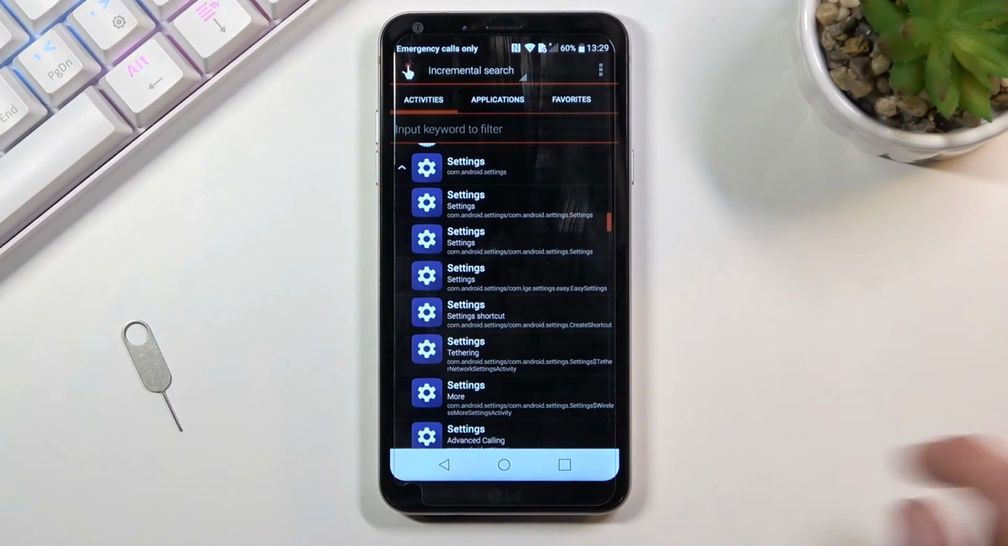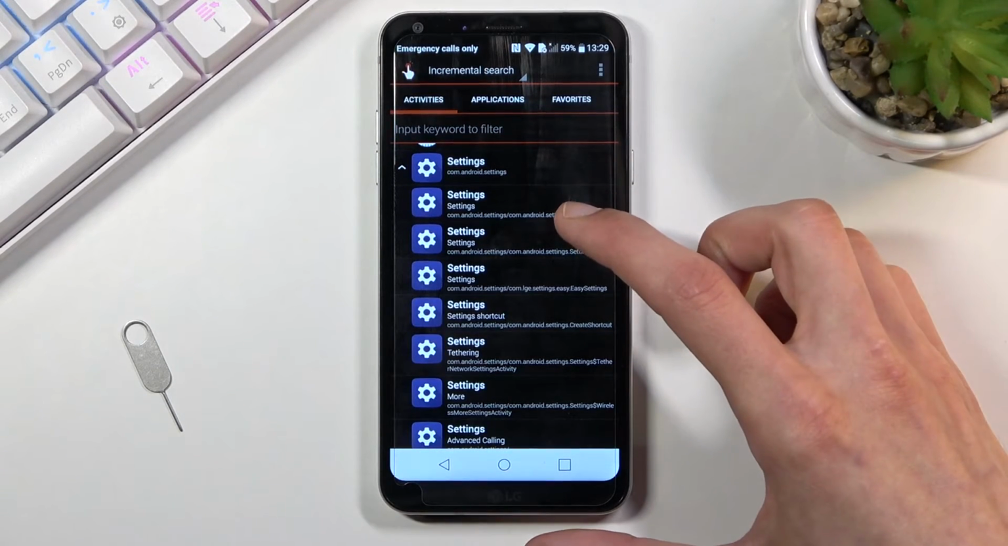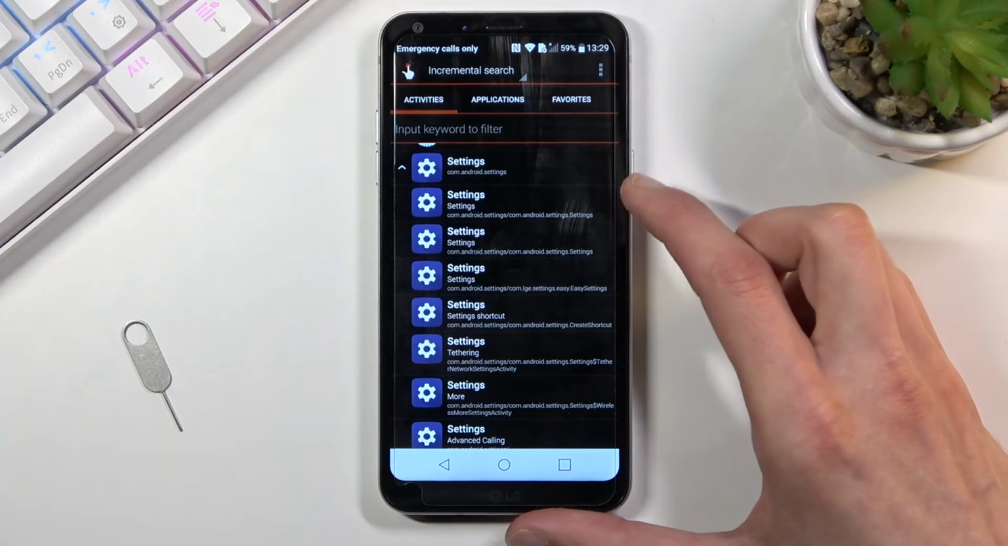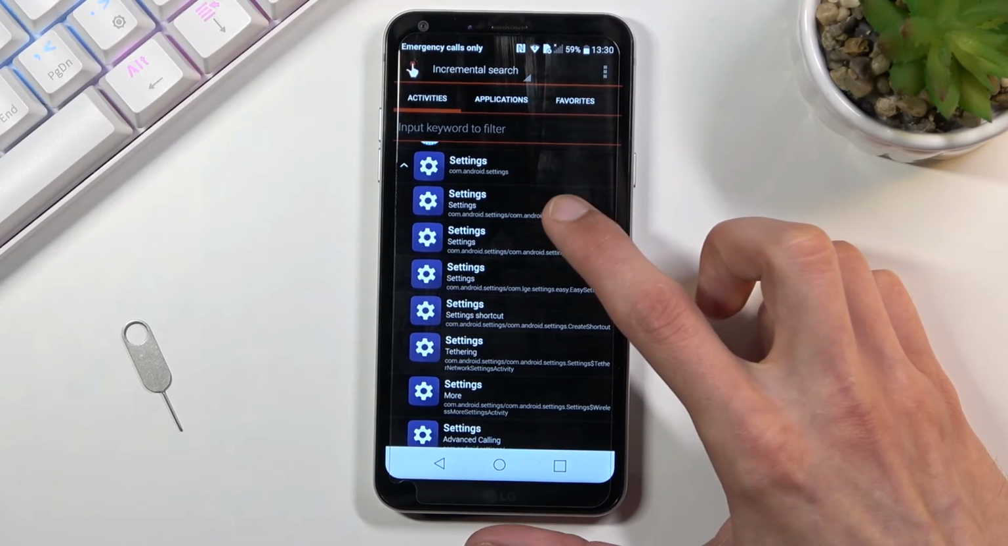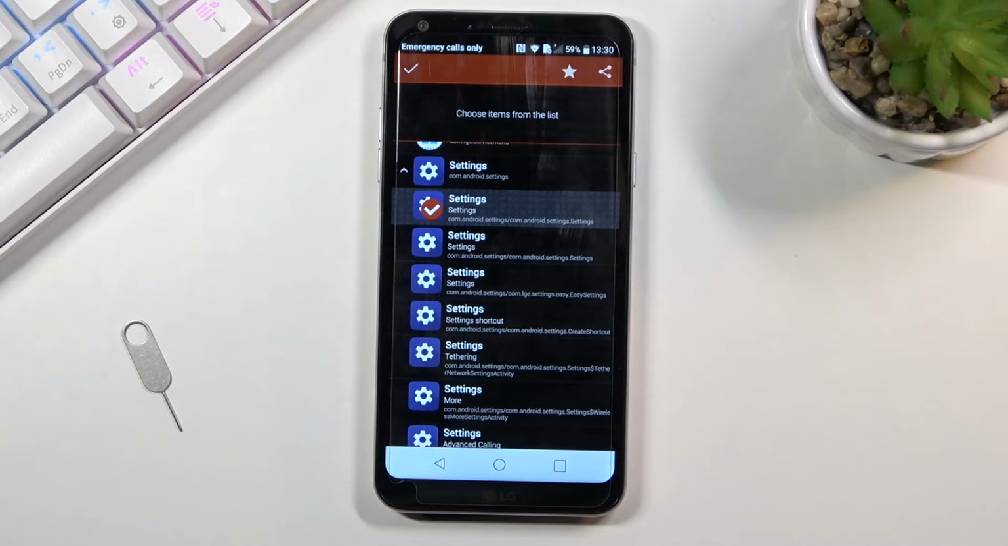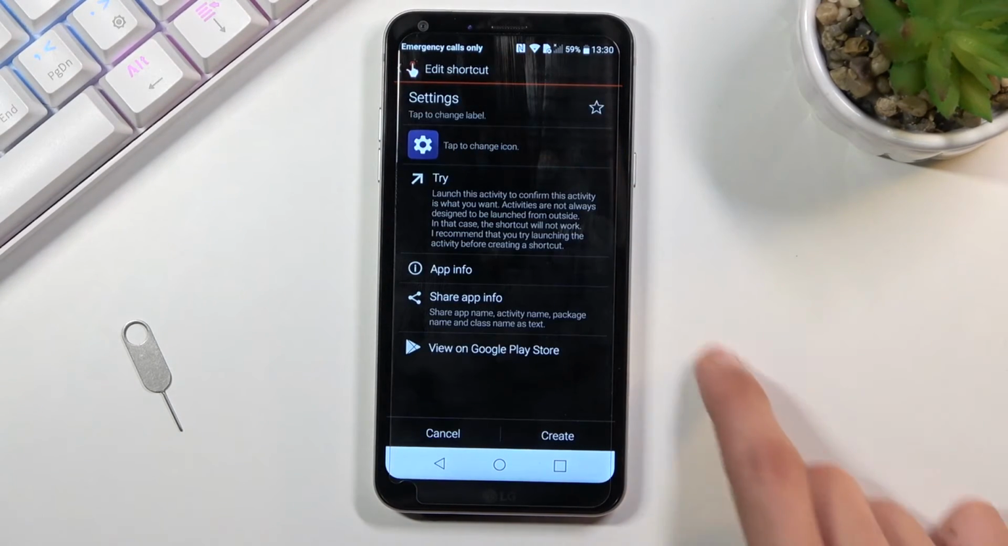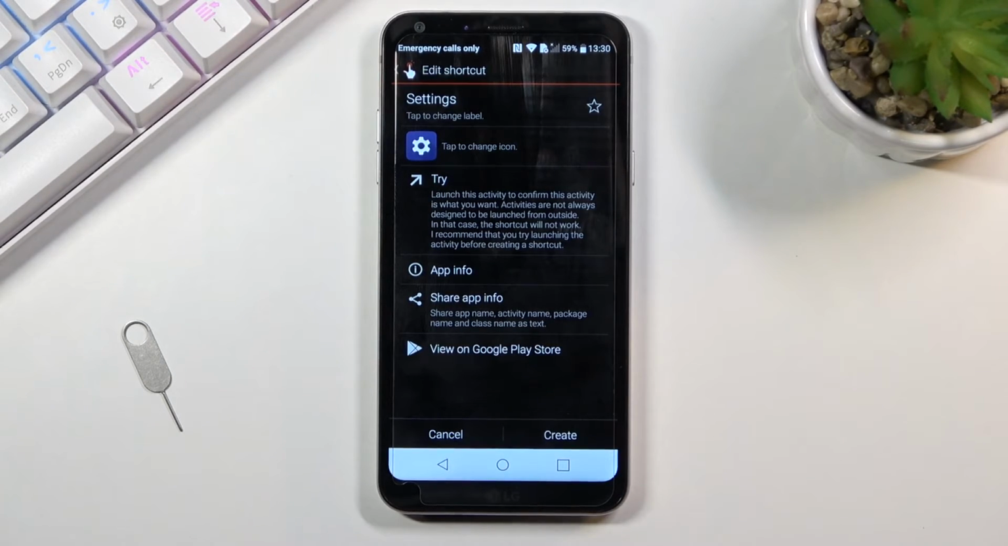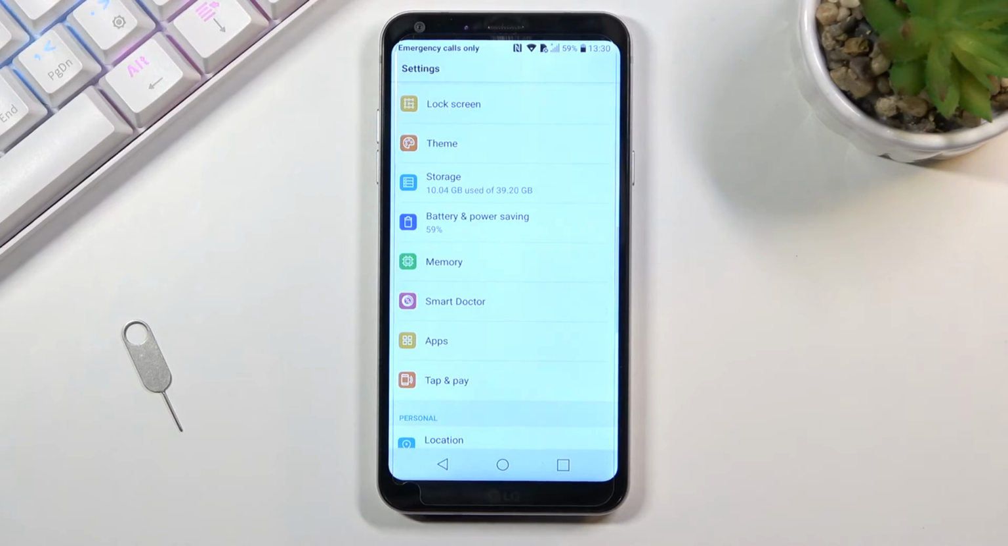There we go, settings, and this time around we're gonna look for again exact settings. So we're looking for, let me quickly make sure, I think it's the first one right here. So you can see this one, com.android.settings.android or /.android settings. So anyway, just tap on it, and from there again we're gonna select Try,